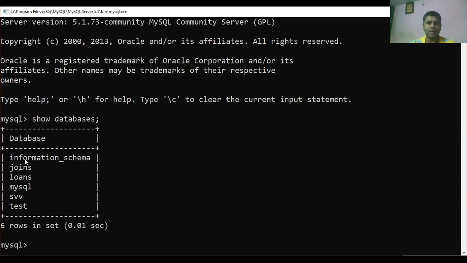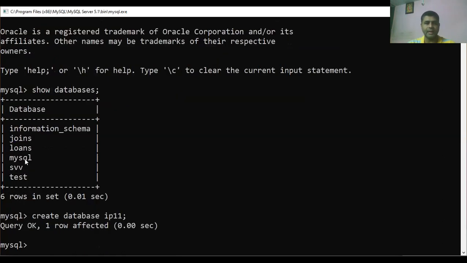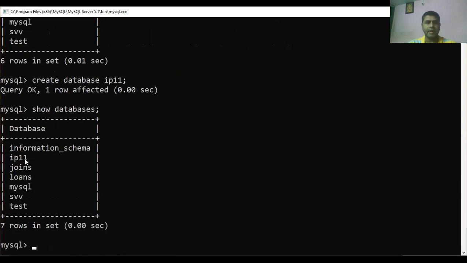If you are going to create a new database, what we have to do: create database, database name. For example, we are going to learn IP11, so you specify IP11. Once I create the database, to check whether it's updated or not, use the upper arrow and see that the new database like IP11 is updated in your databases.